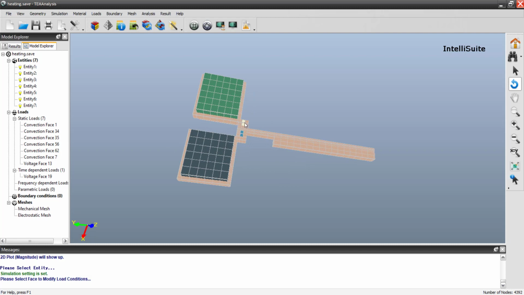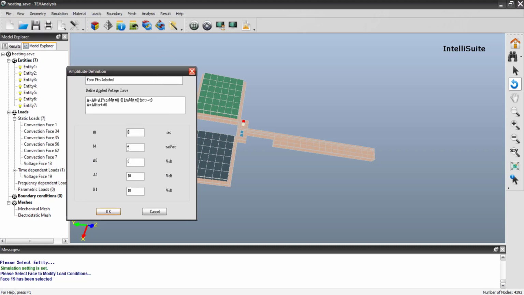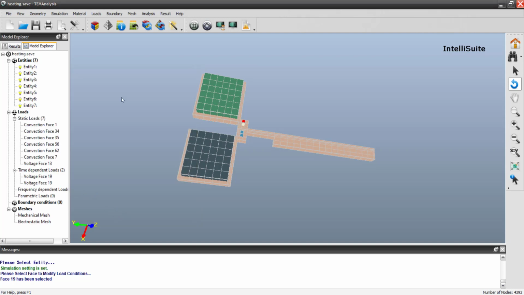So we set the voltage here. So this is equal to the expression. So insert these values in this expression. So we get the appropriate periodic voltage that you're feeding in. So based on these values, this is the value that we get. So we click OK to this, and then we go to